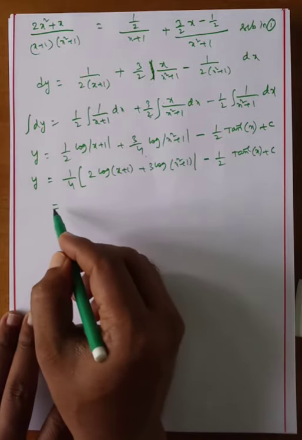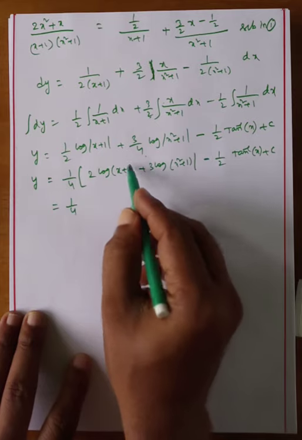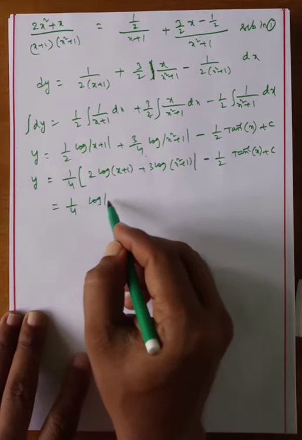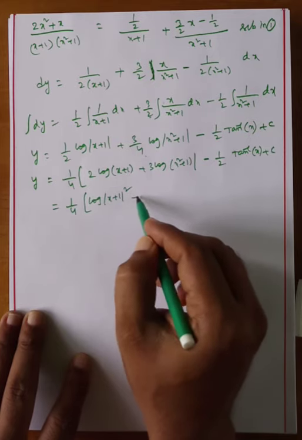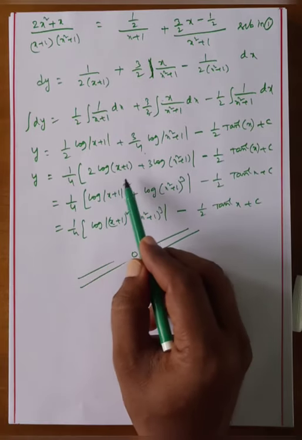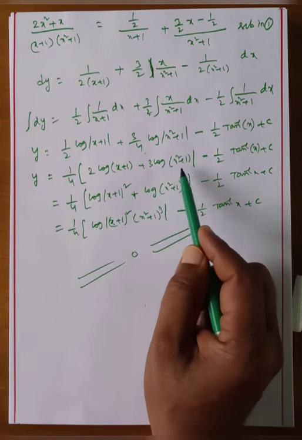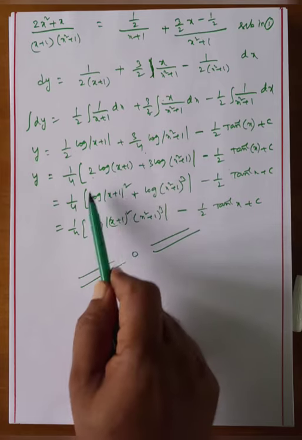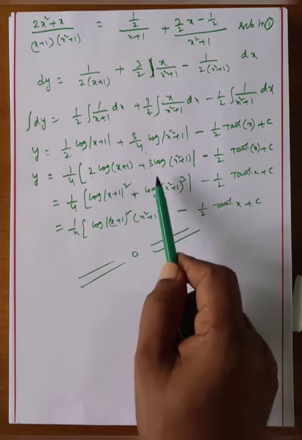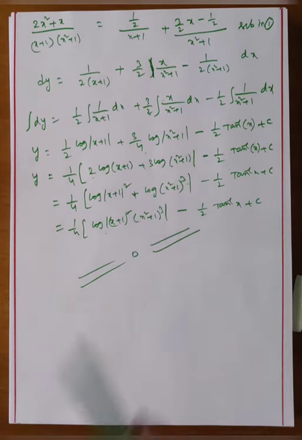Okay, that is equal to 1 by 4 into 2 log, means logarithm of x plus 1 whole square, plus 3 log of x square plus 1. With 1 by 4 taken common, 2 log of x plus 1 plus 3 log of x square plus 1, this is the same. After that, m log a means log a to the power m, and by the formula log a plus log b equals log a into b. Okay my dear students, I hope that you understood or not.